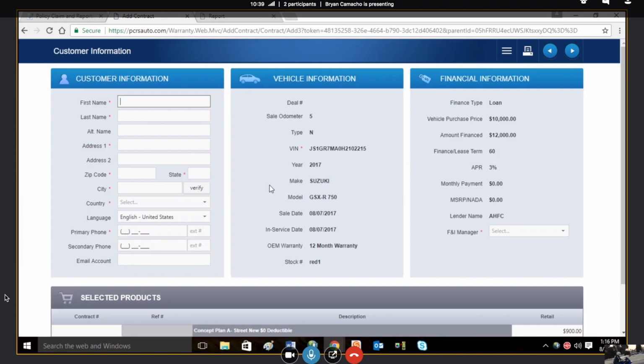Once we do move forward, this is the next screen that it brings you up. So here is where you will list the customer's information. So here I'm just going to put test information, my last name, my address. All right, so here, when you list the customer's information and you put their address here, once you enter their